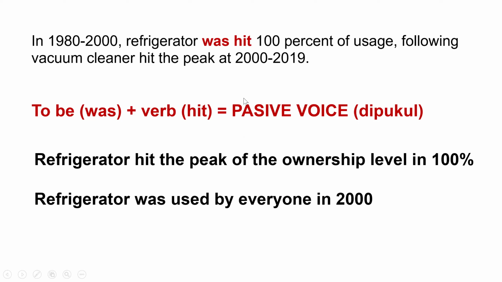Nah, jadi perhatikan ya, was hit. To be dengan kata kerja itu, kalau dia ketemu berarti artinya di. Was used, digunakan. Was written, ditulis. Jadi kalau misalnya mau mencapai, berarti tidak usah pakai was, langsung hit atau reach. Refrigerator reach the peak of the ownership level in 100% in 2000, for example. Pada tahun 2000 ya. Nah, selanjutnya,